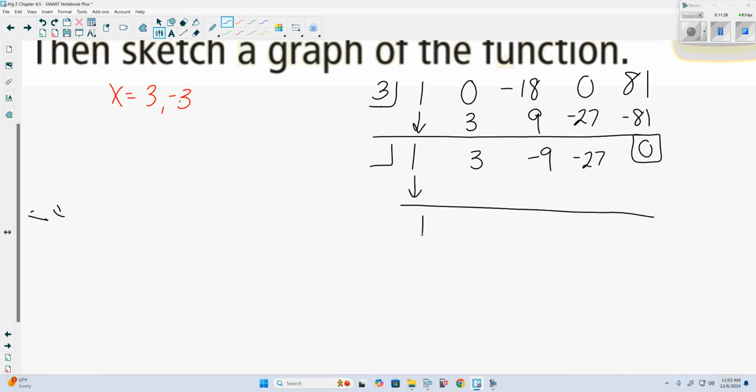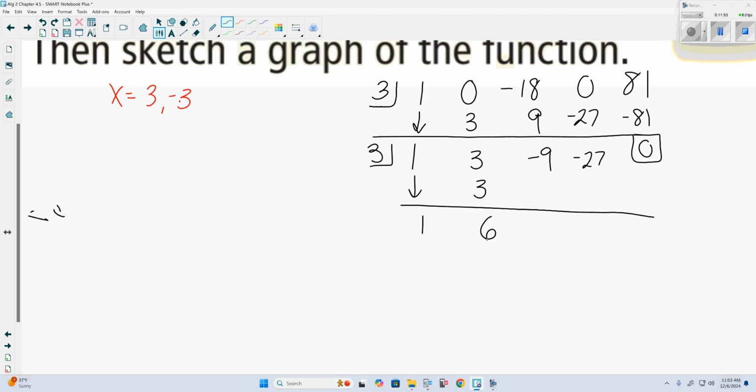Now, we did mention the fact that it touched at that 3 and went back up, yes? So there's a good chance that that 3 is not only a solution once, but could possibly be a solution twice. And the way I can check that is, again, I can plug that 3 in and try this again, because 3 times 1 is 3. 3 plus 3 is